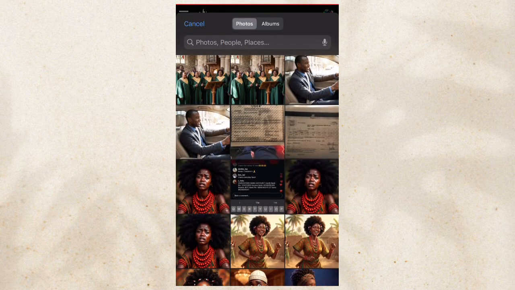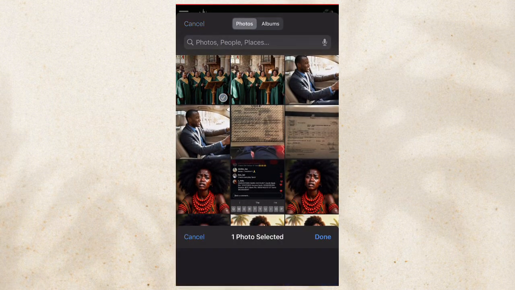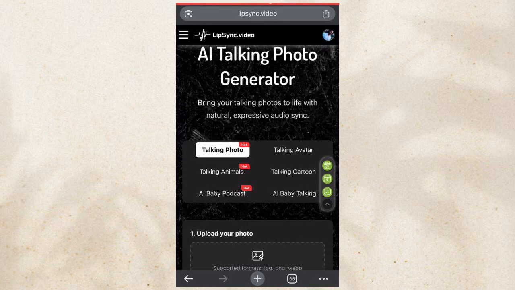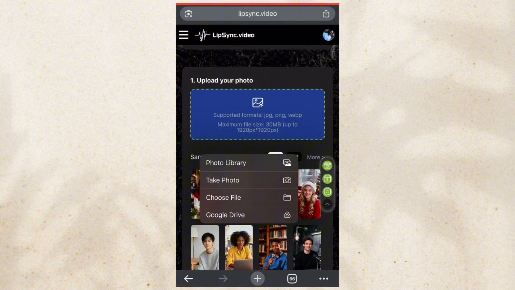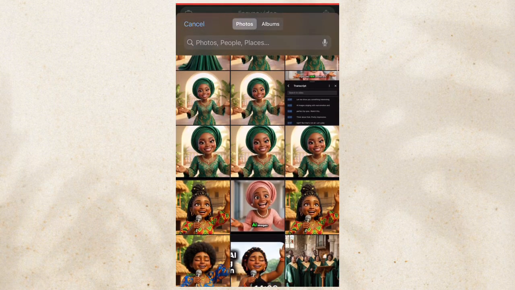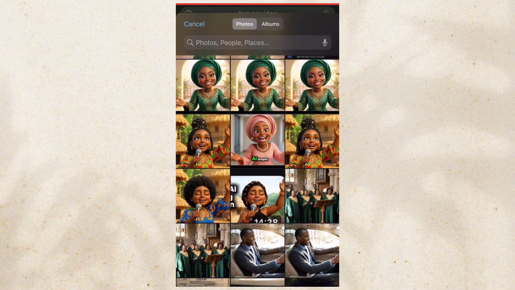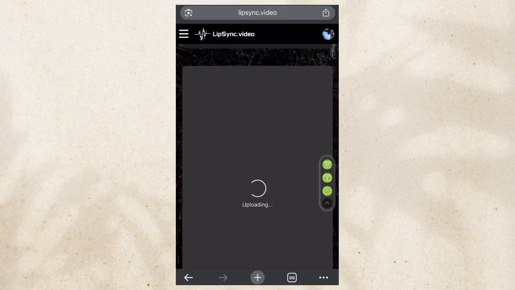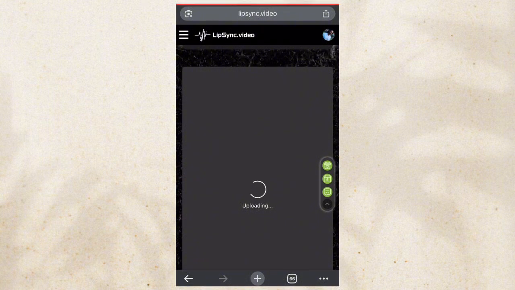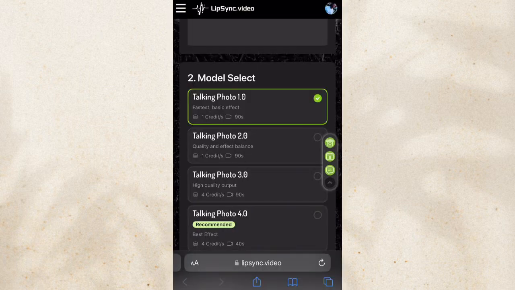In this app, they normally give credits anytime you sign in. They always give 50 or 70 depending on what they are giving for the day. So you need to sign in whether you are using it or not, so that it will be compiling up. If not, you will start afresh. So what you have to do is to upload the image that you want to use. After uploading it, you scroll down where you see modules.